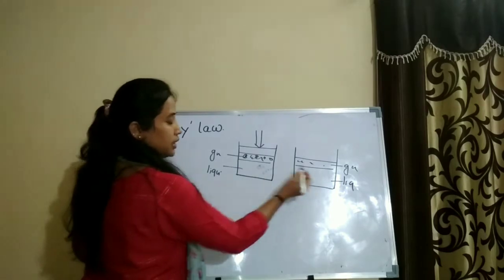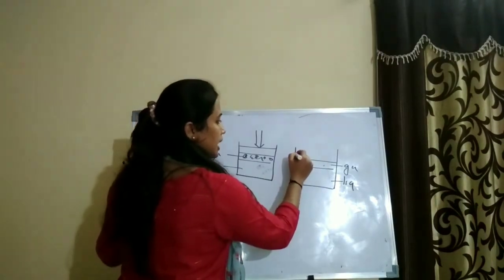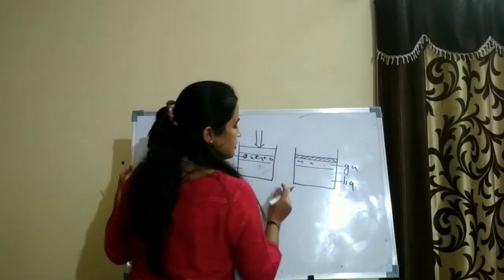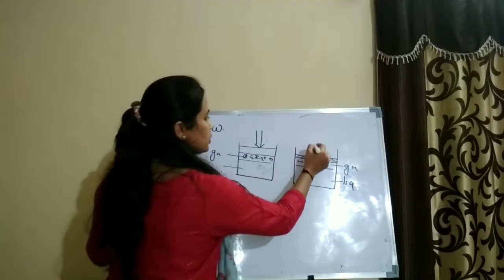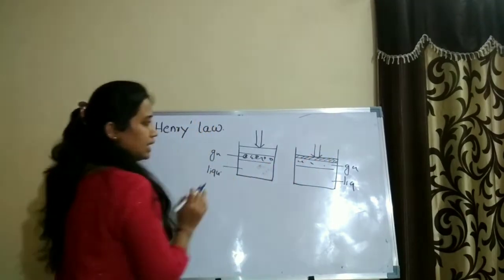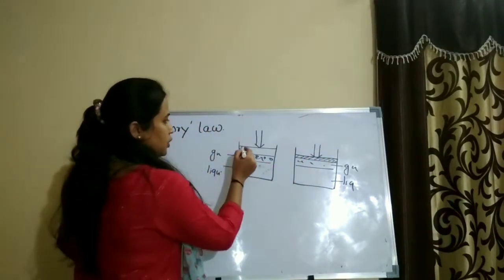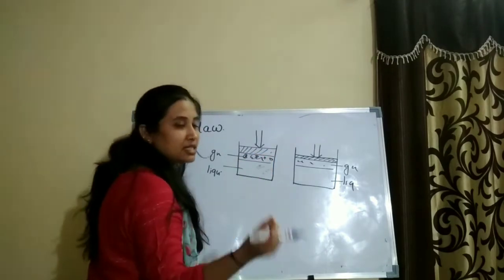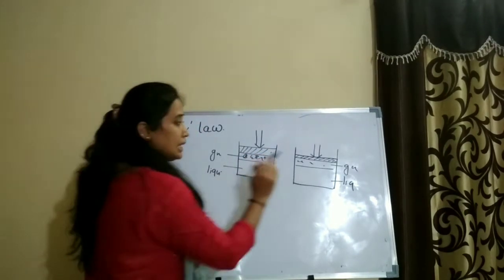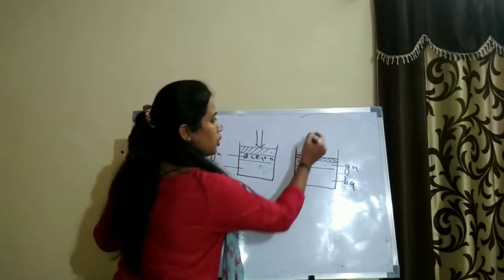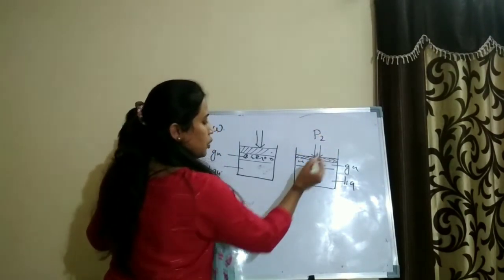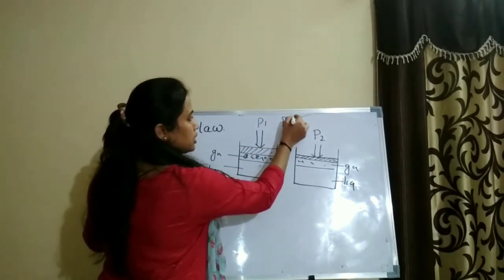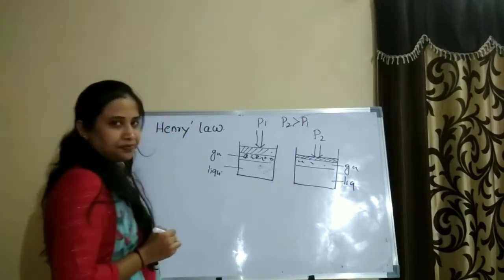So this is container 1, container 2. Here also I am applying a pressure on the gas particles, okay, to the container. So this is the piston. Here you can see a little difference. The pressure that I am applying in the first container is a little less. I am applying less pressure. Here I am applying the pressure more. That is, P2 is more in the second container, P1 is less. So can I write P2 is more than P1.